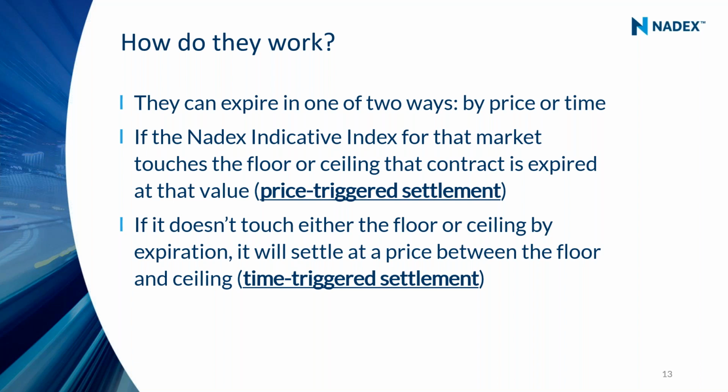If you sold it and it went up and settled higher, you'd have a partial loss. You never got knocked out for maximum loss because it never touched the ceiling. But if you sold it and it went down and it never touched the floor for maximum profit, you would have a partial profit. I am going to show you a quick